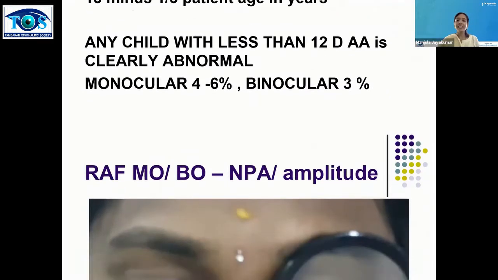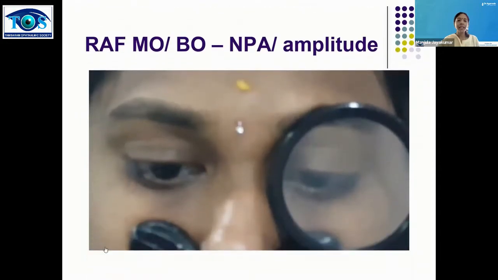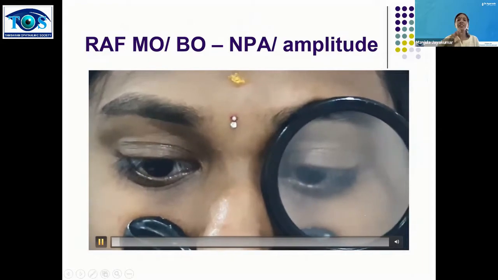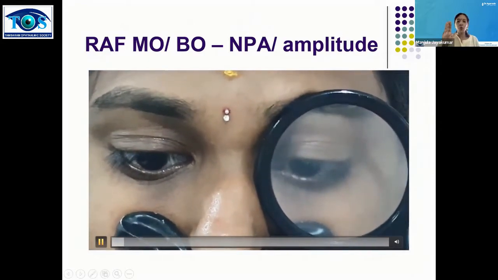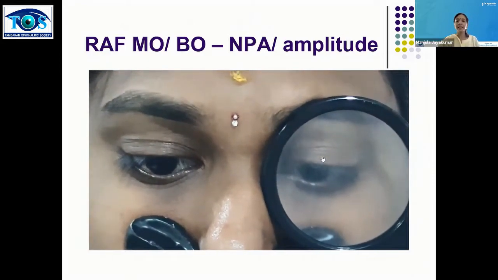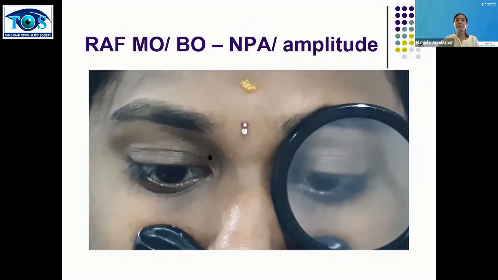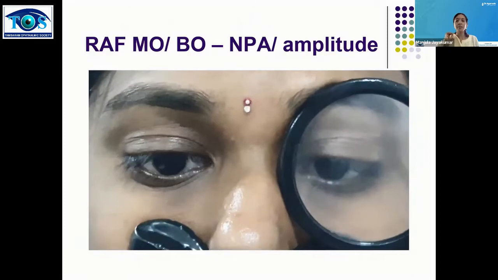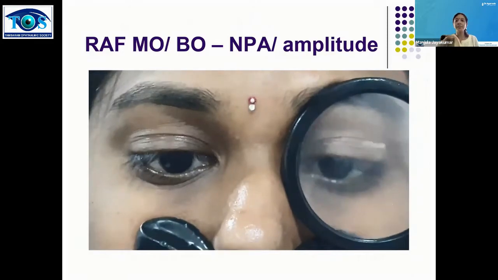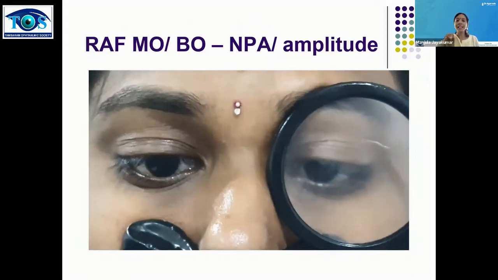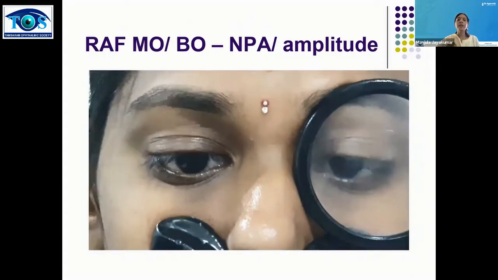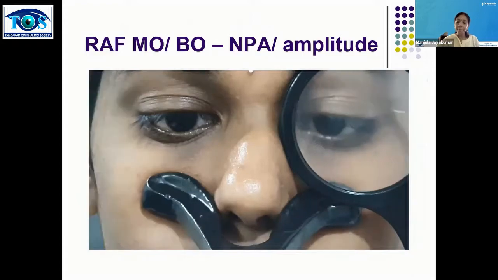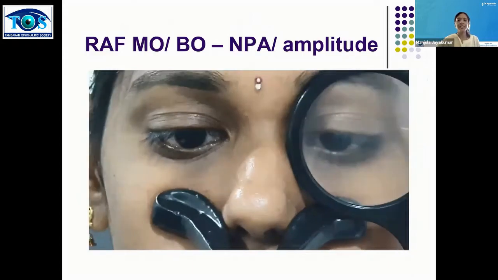So this is just the RAF ruler. Again, this test is showing the amplitude of accommodation monocularly. I've closed the other eye, but the other eye is converging. This eye is reading the print. There is a small box on this RAF which will have the test types. Give the small test type and you note the near point of accommodation. And you also get the amplitude of accommodation. Go to the next slide.